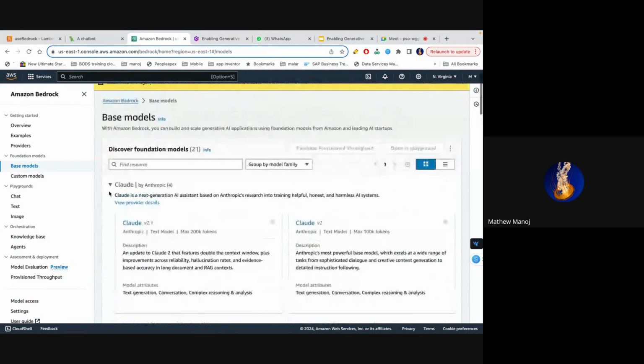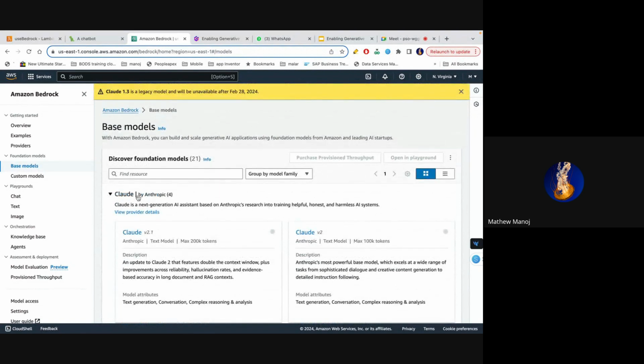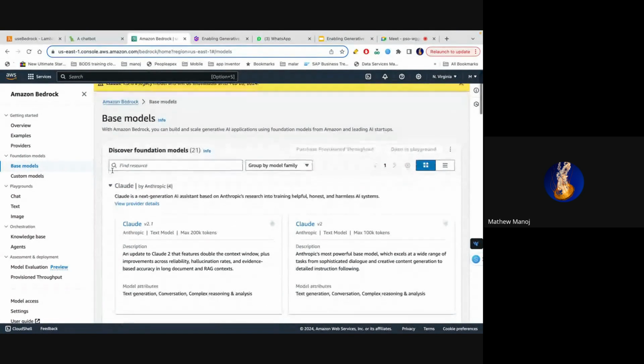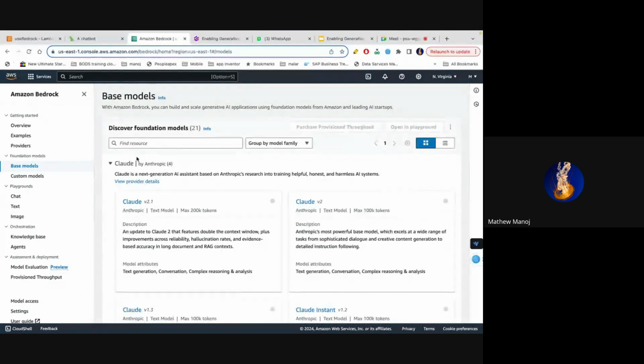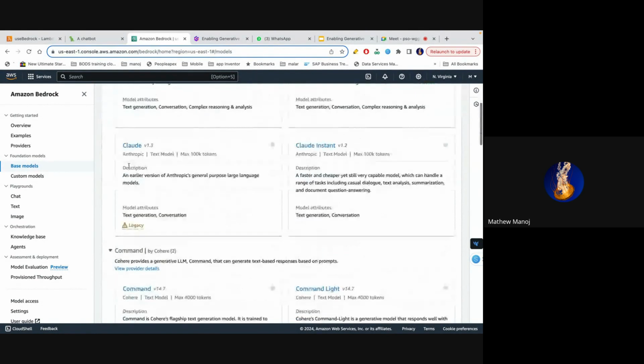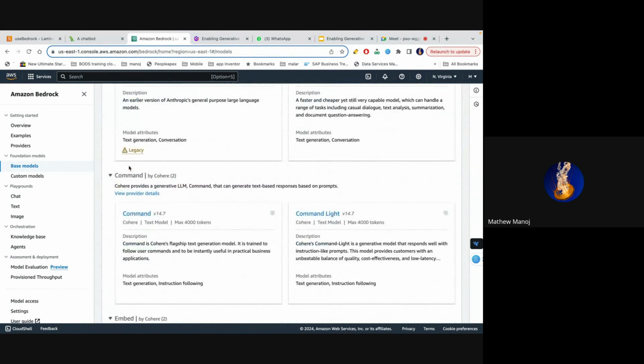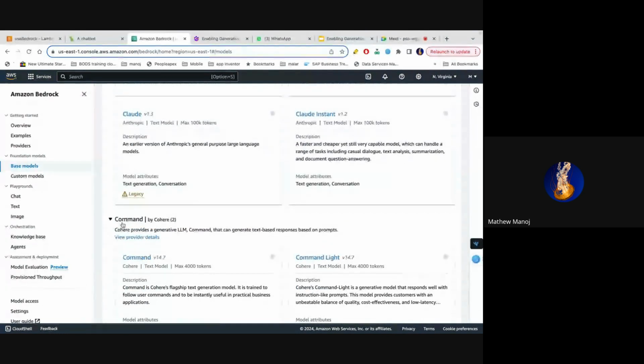As I was saying, hopefully it's clear what I'm trying to say: you can use other models other than the model which I'm using now, which is a small model. You can use the Claude model, like I showed you, which is given by Anthropic.